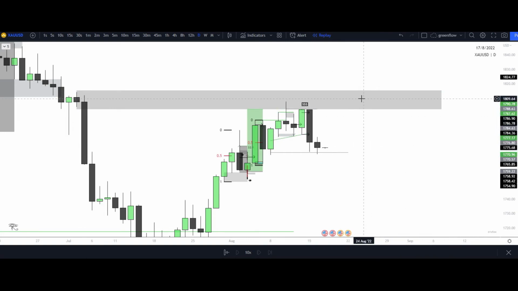We still could come up into these areas of supply, take out these early shorts, and then continue to the downside, as well as we're creating sell side liquidity. So we are ranging right now. Retail does not know if this is going to continue to the upside or the downside, so they're starting to get in longs or shorts, right? Setting their stops over higher highs or lows.